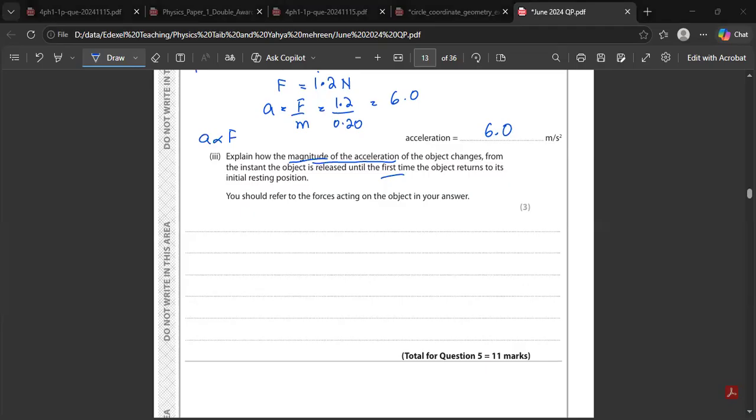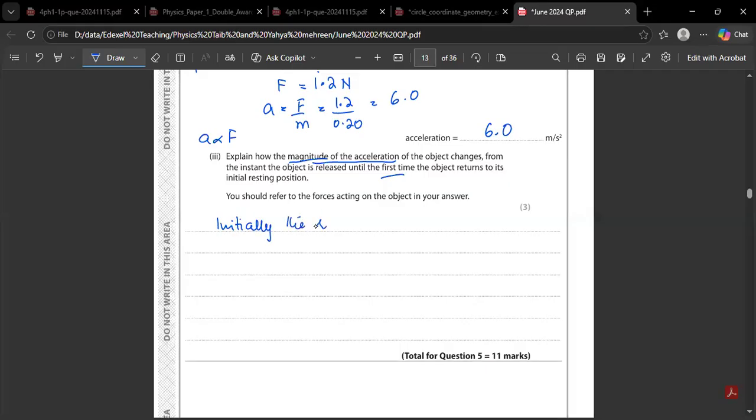So what do you think? Initially, the acceleration will be greater and then gradually it decreases. And ultimately the spring extension would also decrease. So initially the resultant force is greater. Acceleration will be maximum, right? And then